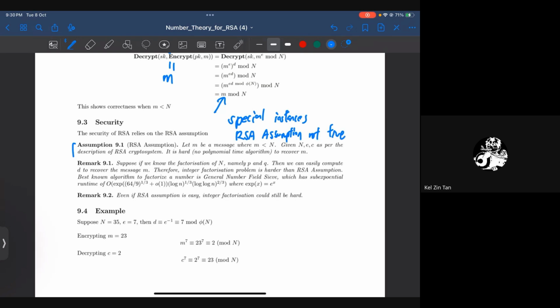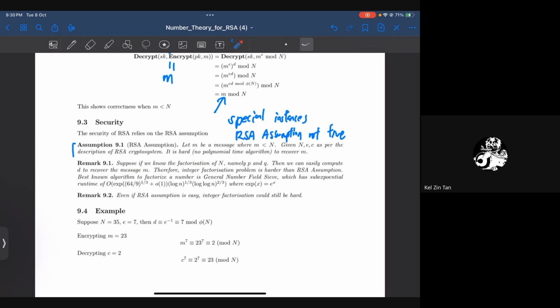Which is why we have a lot of attacks on RSA. So why is that the case? Mainly because the RSA assumption is just an assumption. It has never been proven that this is hard. It is just assumed to be hard. So the thing is,